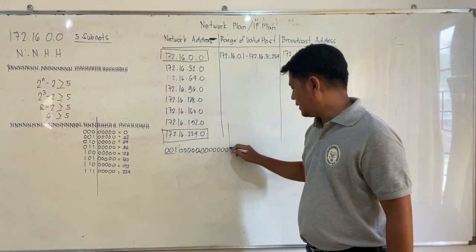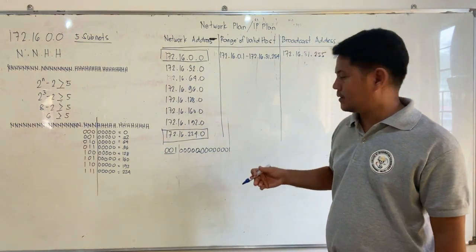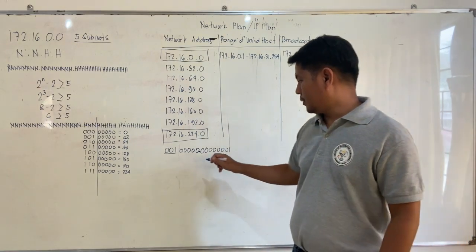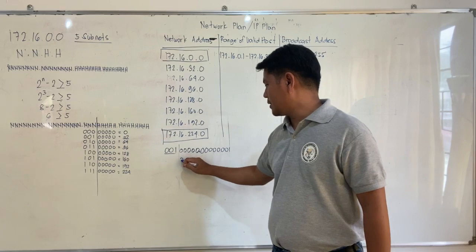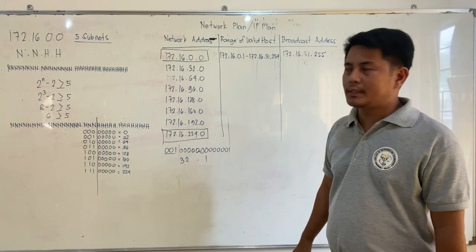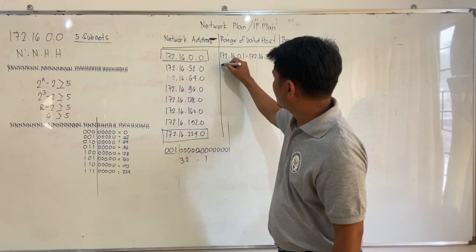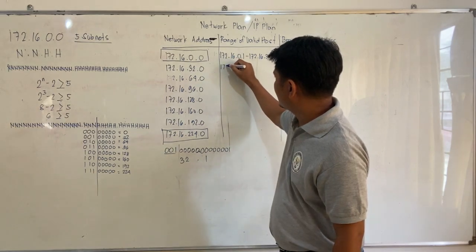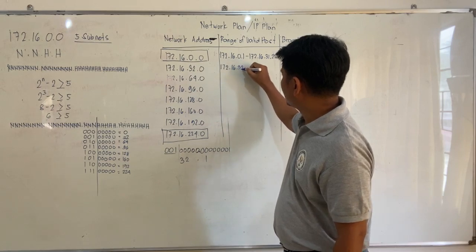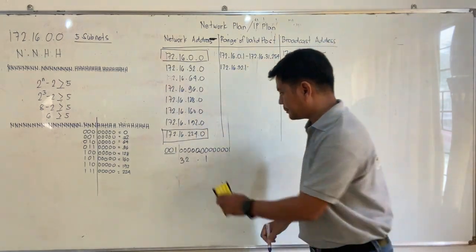okay, turning the rightmost portion, or the least significant digit of the third octet, into 1. Okay, so if we convert this into decimal, this is 32.1. So the first valid host from this network address will be 172.16.32.1 until, again,